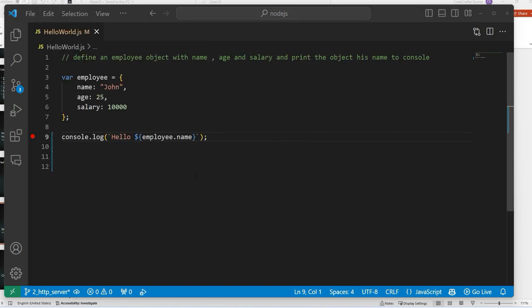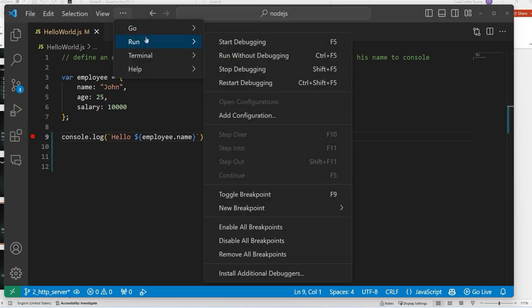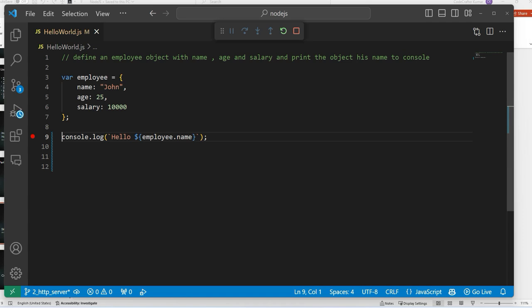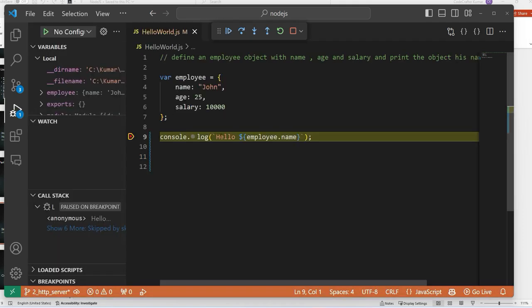Okay, let's discuss how to debug JavaScript using Node.js. Here I kept a breakpoint. I can go to Run, Start Debugging, and if you see, you are able to hit your breakpoint, and you are able to see the employee data,